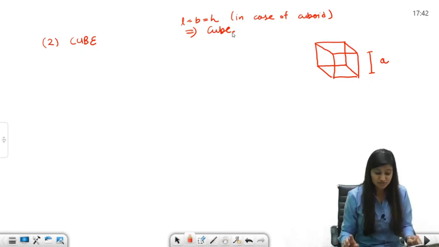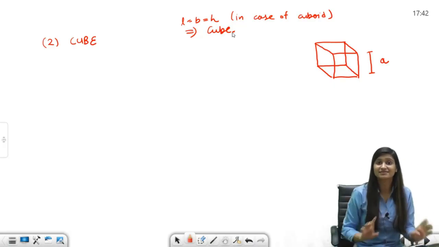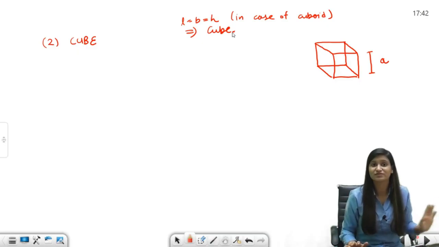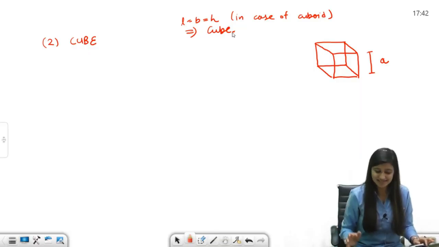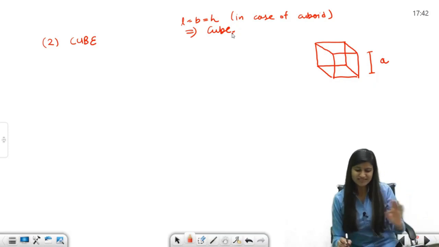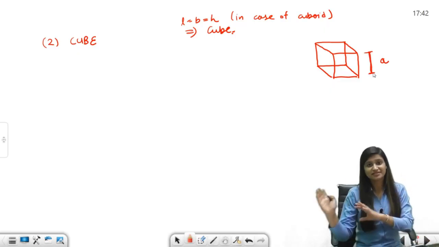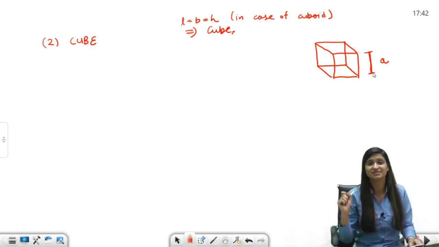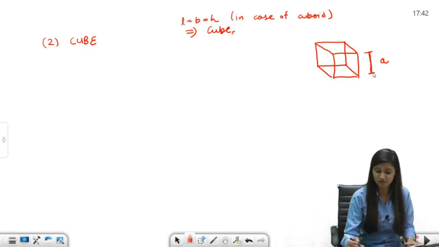Similarly, it is analogous to the rectangle and square part, right? A square may be considered as a rectangle as well, but a rectangle is not a square. We have studied in junior classes, right? That square is also a rectangle, but rectangle is not a square. It is just analogous to that one. So we considered a cube with edge length A. It has length equal to A, breadth equal to A and height equal to A. All the three, length, breadth and height, are equal, and I have just generally named that as A, alright?